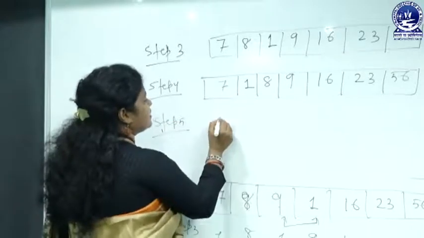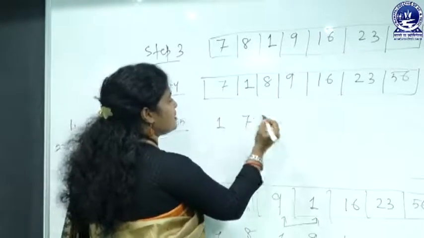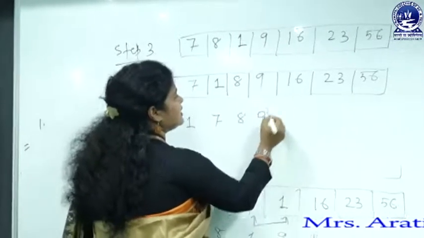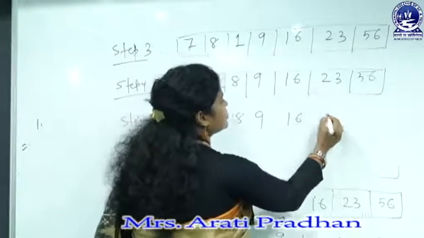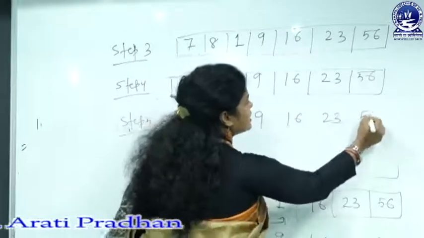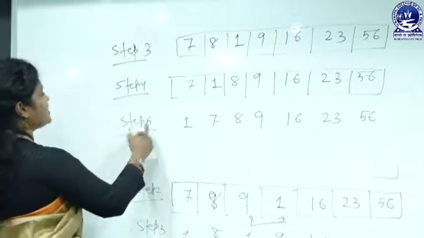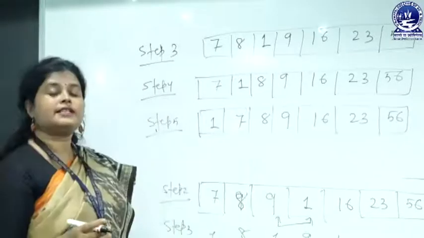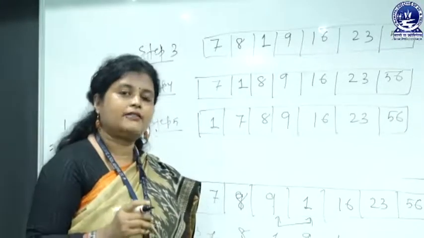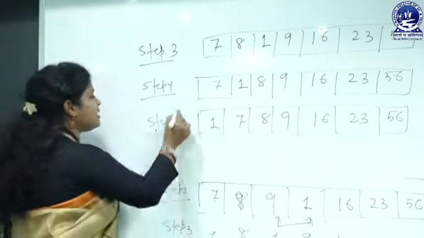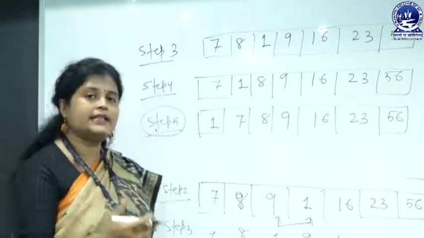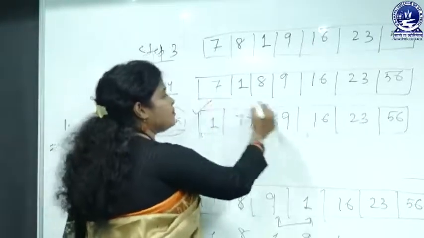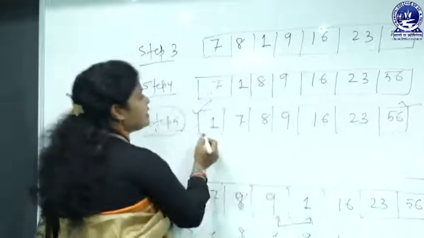7 with 1, 1 will be here, 7 will be here, 7 with 8, 8 will be here, then 9 with 16, 16 with 23, 23 with 56, and at the end of step 5, we will get this type of output. It is clearly visible that after performing the step 5 operation, meaning 5 iterations of the loop, 5 times performing the operation, checking from the starting point till the end point, we are getting the sorted